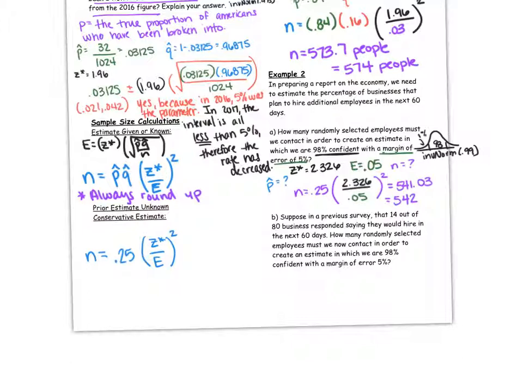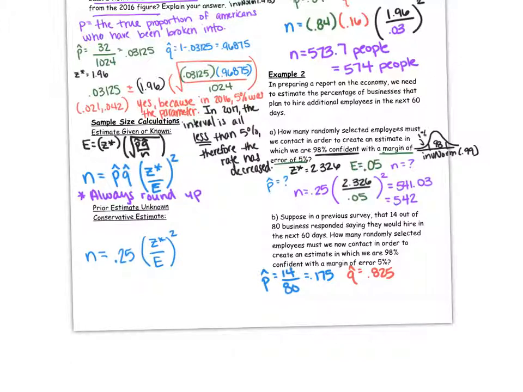So this problem's different how? In this one we didn't know what? P hat. This one we know p hat is what though? P hat is now 14 out of how many? 80. 14 out of 80. The 60 is the number of days. So it's 14 divided by 80 is 0.175. And that means that q hat, how do I find q hat? 1 minus that. So 1 minus 0.175 is